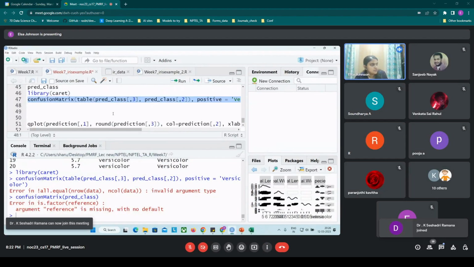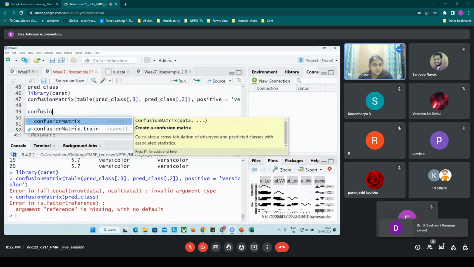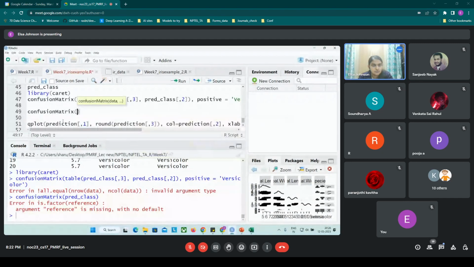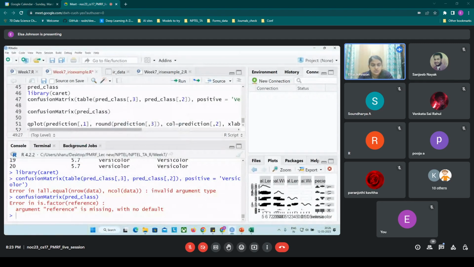So is anyone trying with me? Confusion matrix. So the data we can give like pred underscore class. This will try like this. Okay. Pred underscore class of,